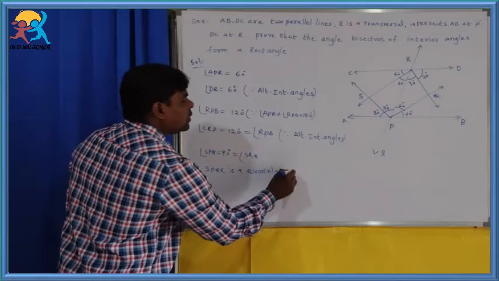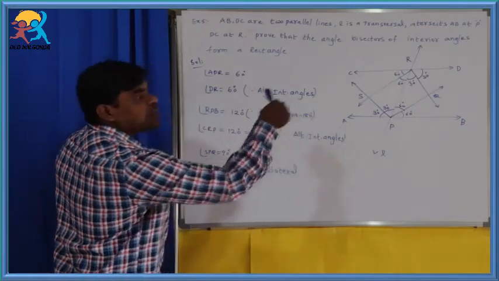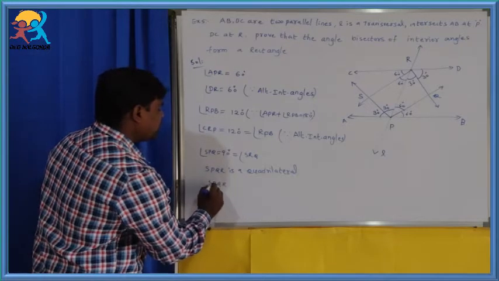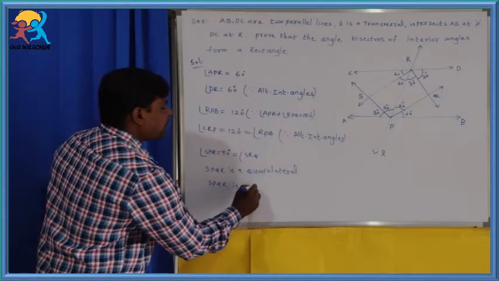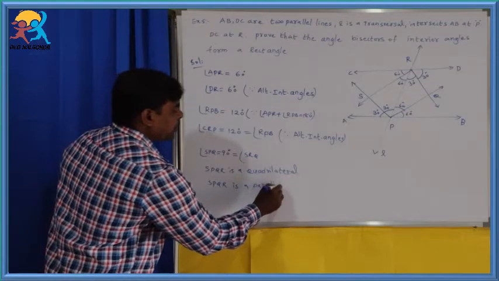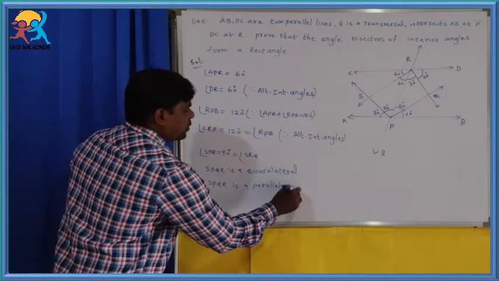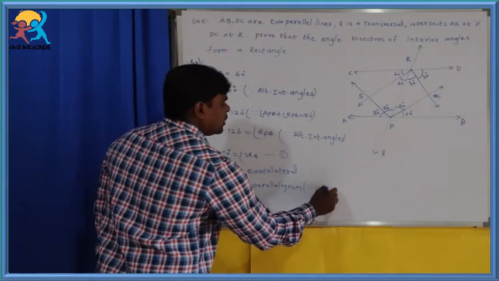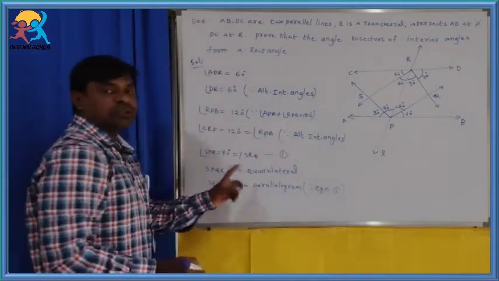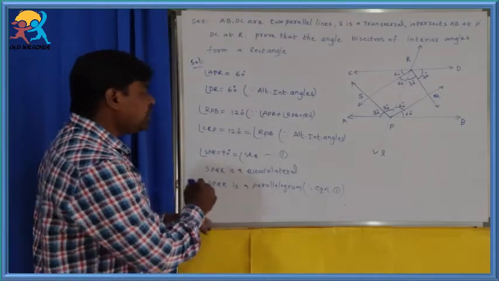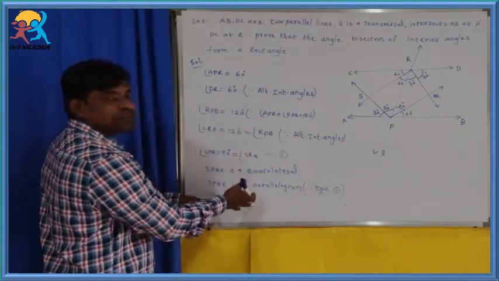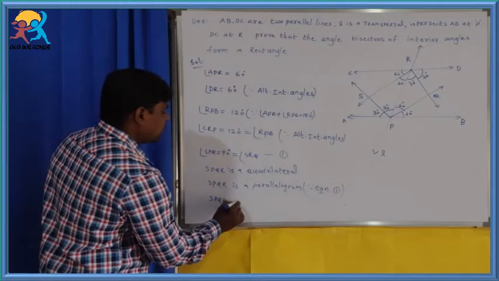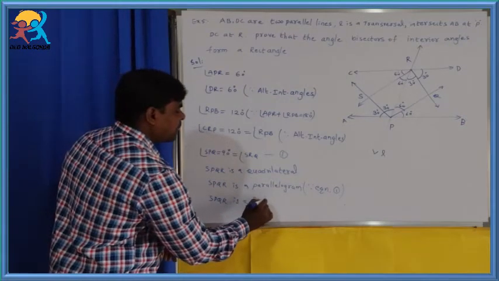In this quadrilateral opposite angles are equal, that is why SPQR is a parallelogram. We will suppose it as equation 1: opposite angles are equal and one angle is 90 degrees, that is why SPQR is a rectangle,